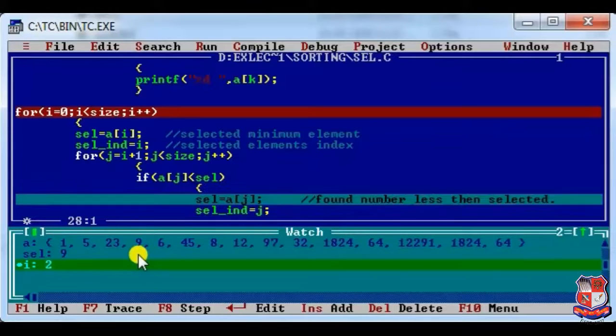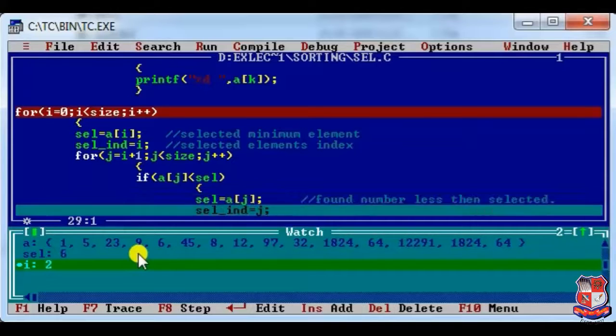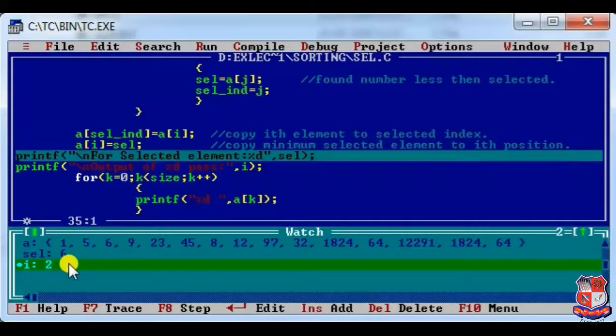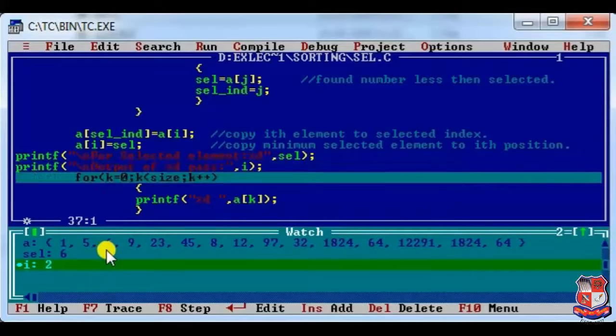Fine, but as the algorithm progresses, you can see instead of 9 it has selected 6 as the smallest element. Now at the end of the pass we got our smallest element and that is 6. Fine, so 6 will be placed to its proper position.